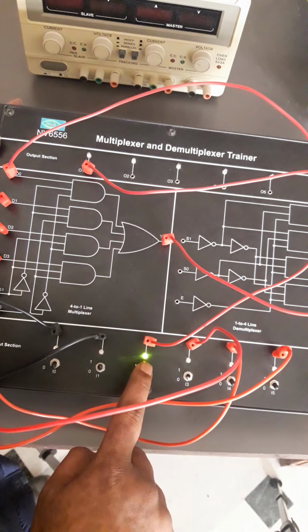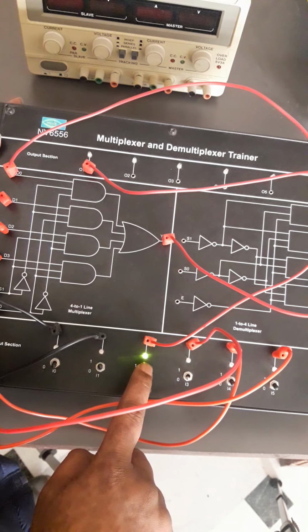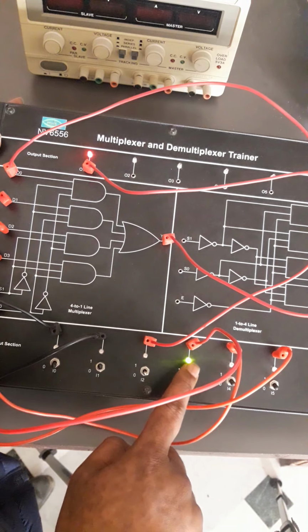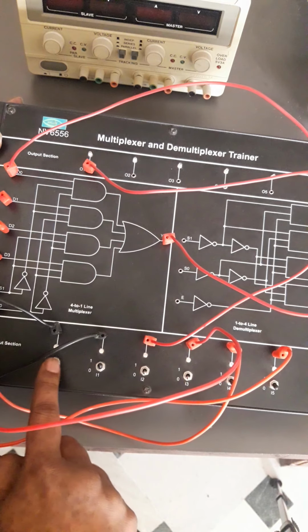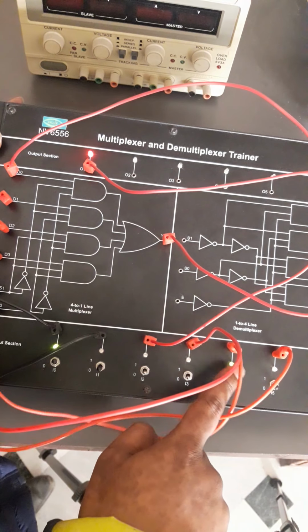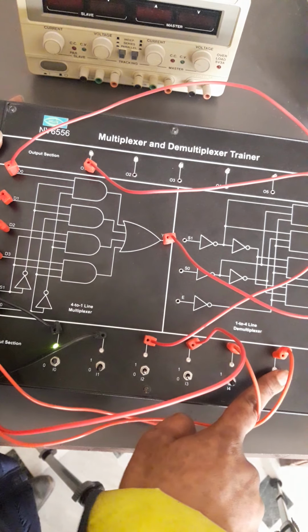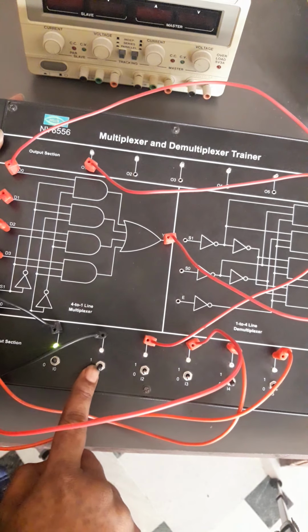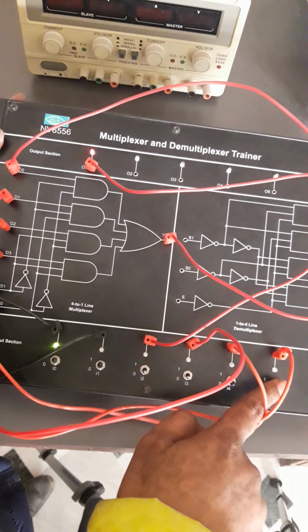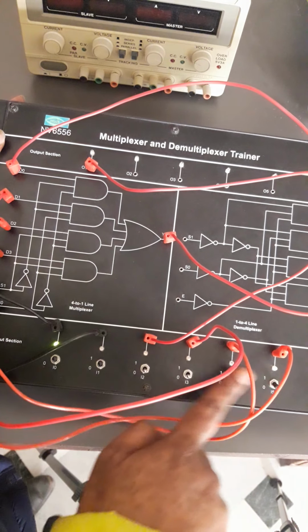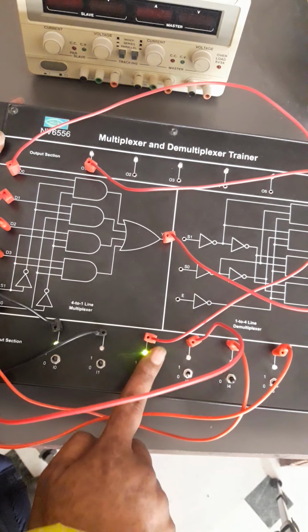Sorry, it's glowing because of a cross connection. This is not glowing, only for this case it will glow. When 1 0, this switch will be activated, others will not be activated. You can see when 1 1 is there, only this will activate. You can see no other switches